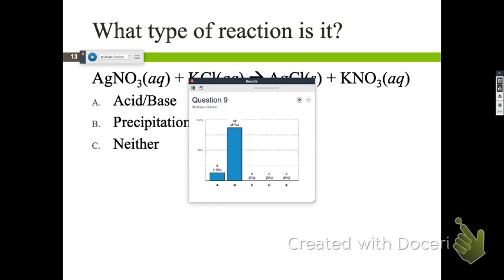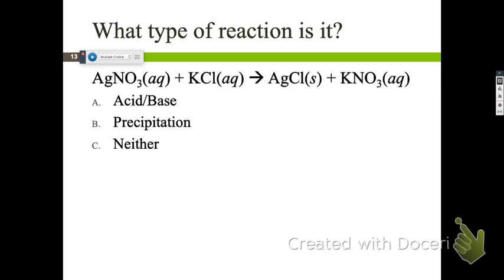All right, how did we look at this and determine that this is a precipitation reaction? What are we looking for again? Can I hear from someone in that back corner of the room, please? What are we looking for that tells us this is a precipitation reaction? You want to volunteer since you're looking over your shoulder? I couldn't hear you.